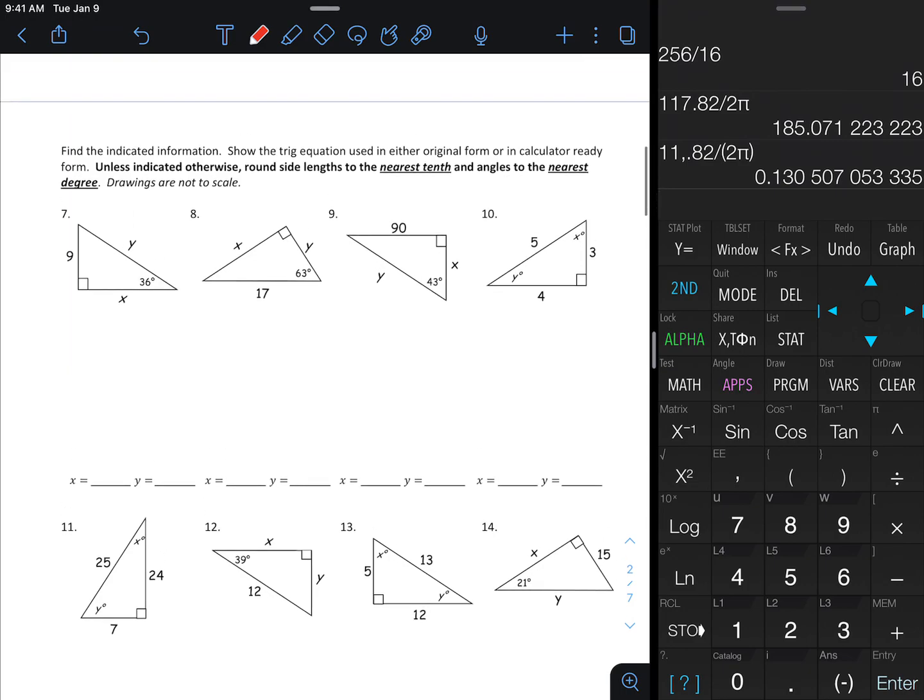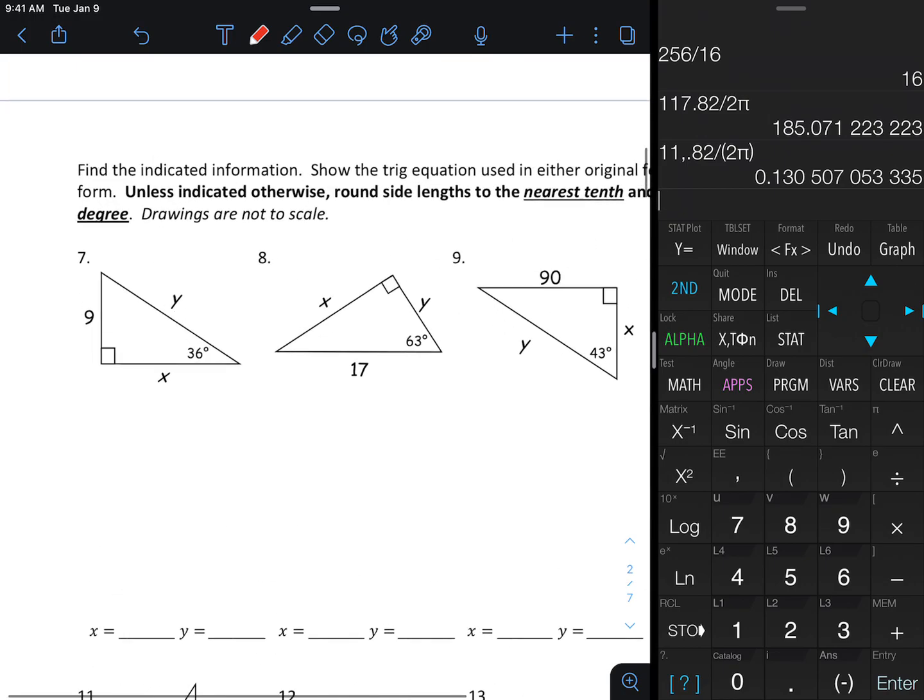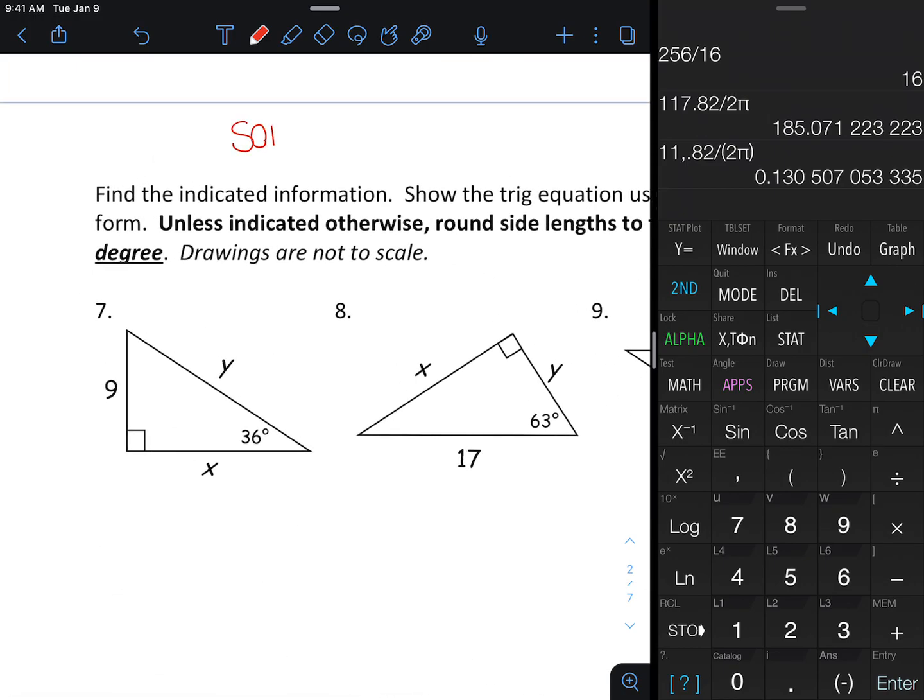Okay, the thing I'm going to encourage my students to write at the top of their page here is an acronym to help you remember the trig functions. It's SOHCAHTOA,